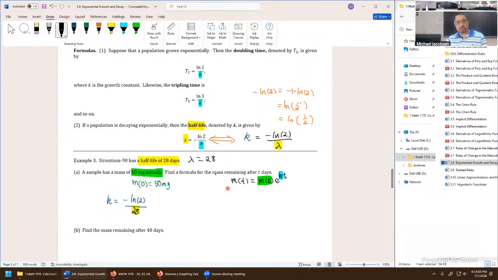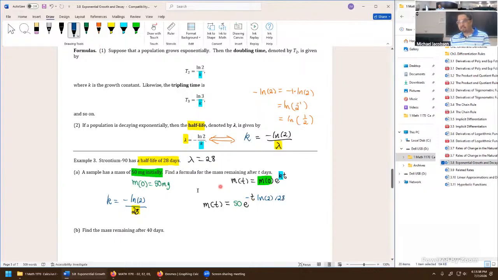And so the entire answer to this question is mass at time T equals, let's do our 2 substitutions. Initial mass is 50 milligrams. I'll just call it 50, dropping the unit in when we build this function, times e to the power. And it's kind of awkward because K involves a lot of stuff, constants and a negative sign. So I'm going to write it this way: negative T times the natural log of 2 divided by 28.